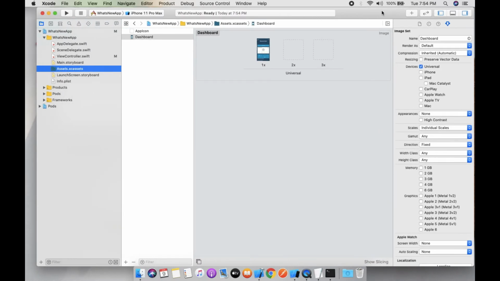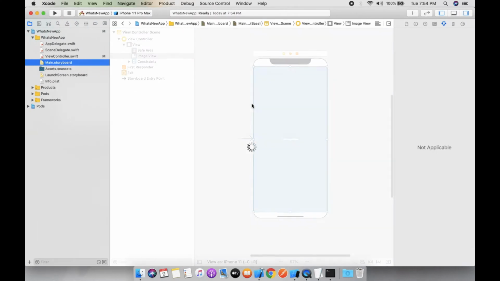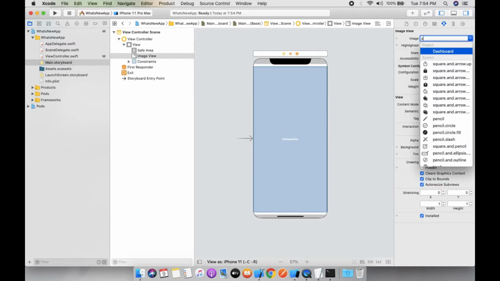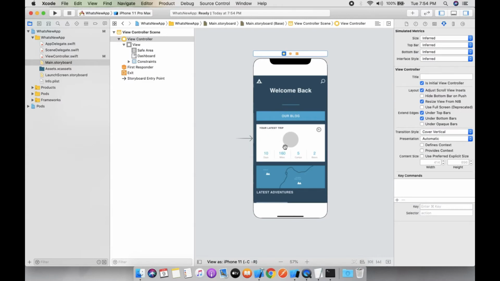Dashboard. Now the image name is dashboard. Suppose this is your mobile screen. Once the user updates the application, you need to show what's updated in the current app. So let's run this project.